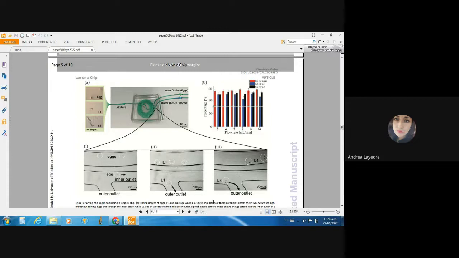The sorting efficiency for eggs is above 90% on average across the flow rates between 5 and 10 milliliters per minute. In the case of L1 and L4 worms,